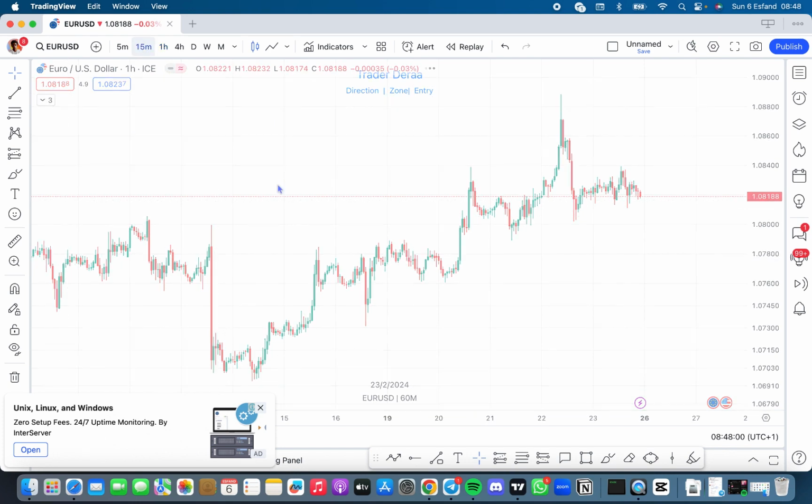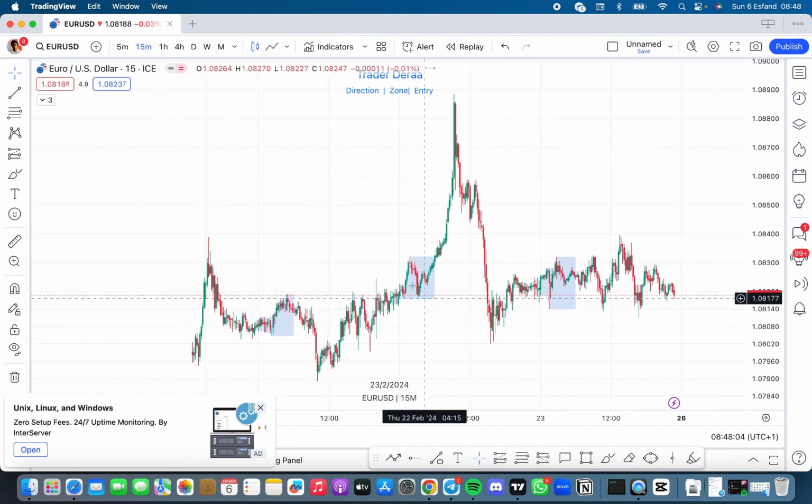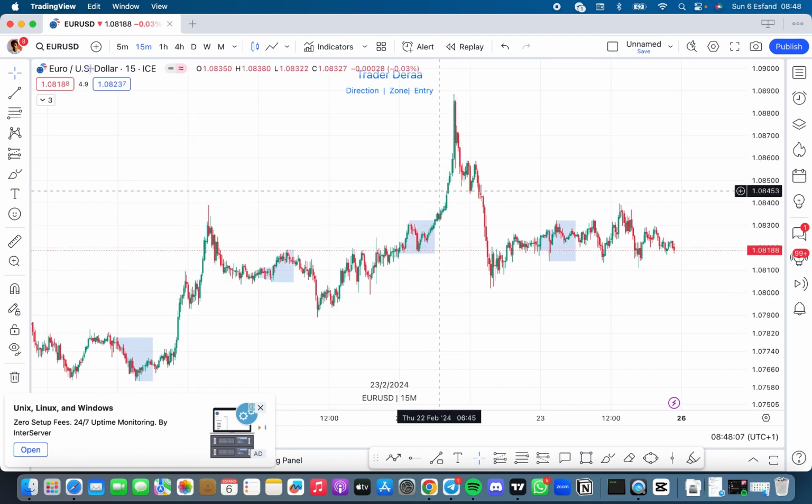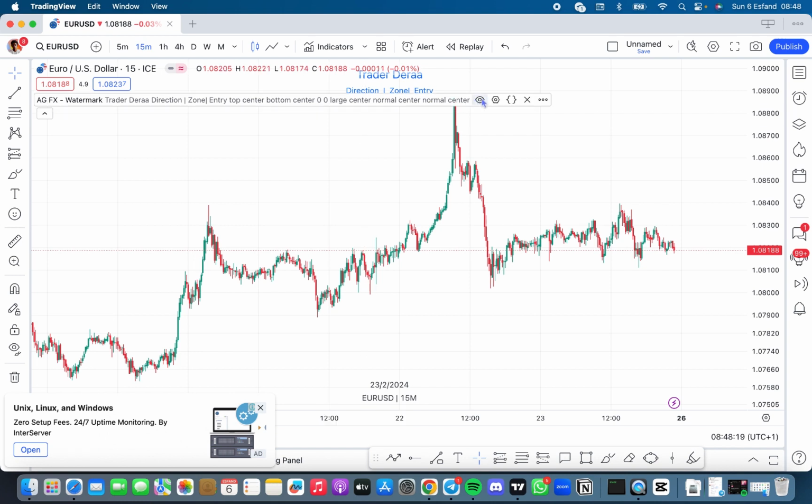So just like this, if you go down to the 15 minutes, you get to see it, right? So as you can see right here, you can see the Asian high, and that is when I get to have indicators on my charts. Aside from that, I would not be using indicators. Okay, with that said,